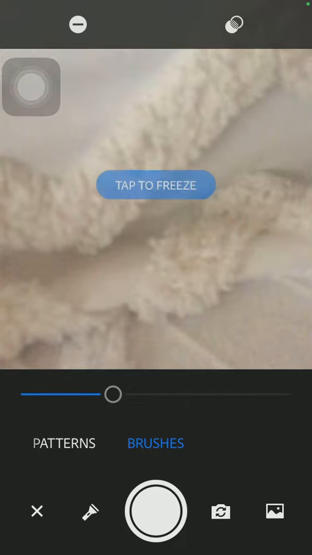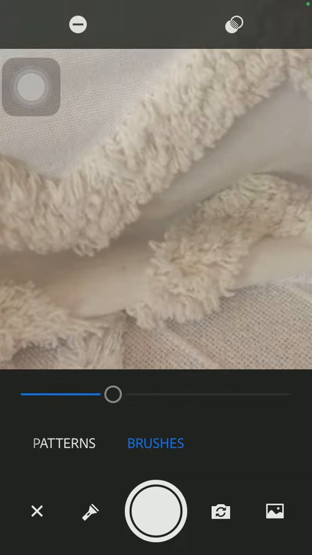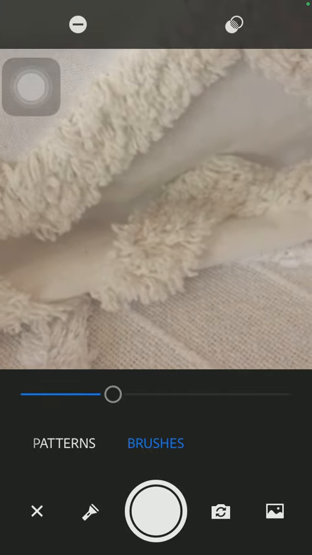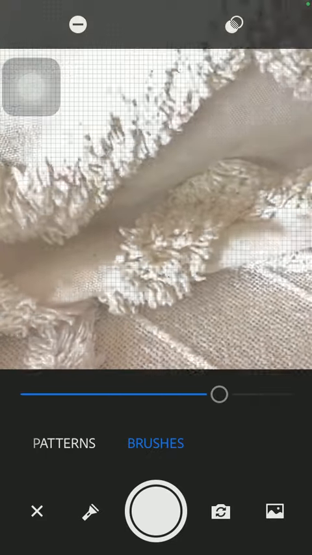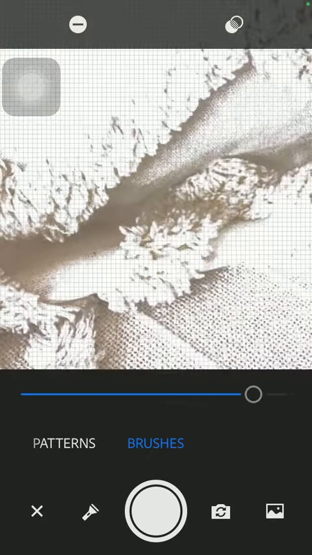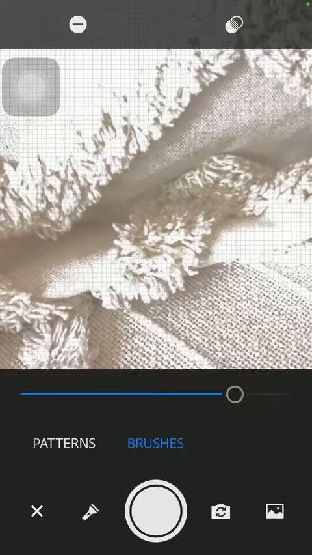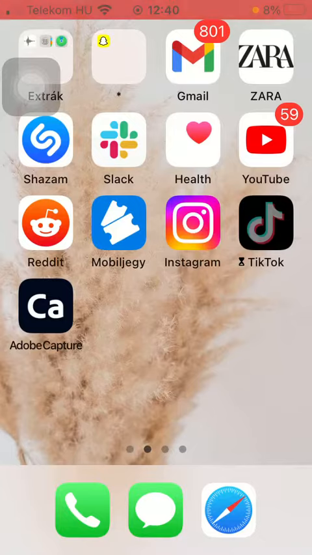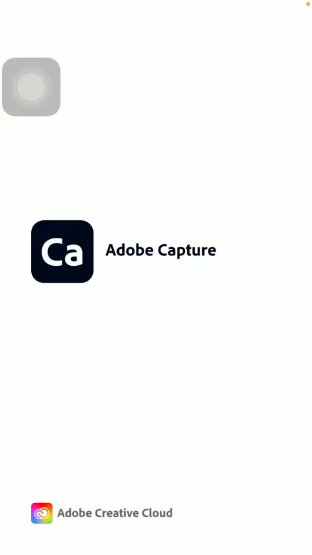Then you should move or position your camera to the object that you would like to capture. Here you can make adjustments on the slide and then click on the white button down below to take your picture,